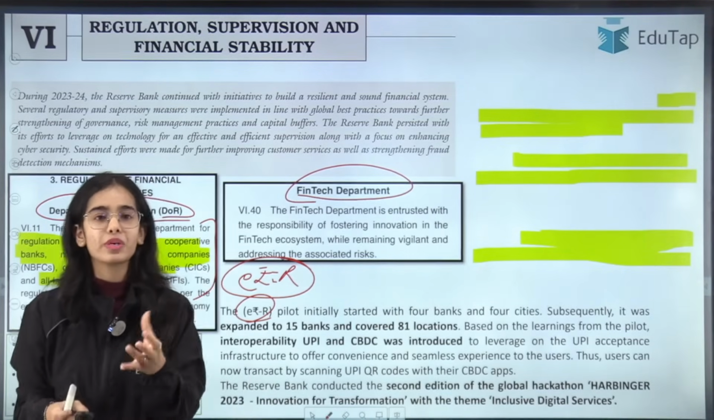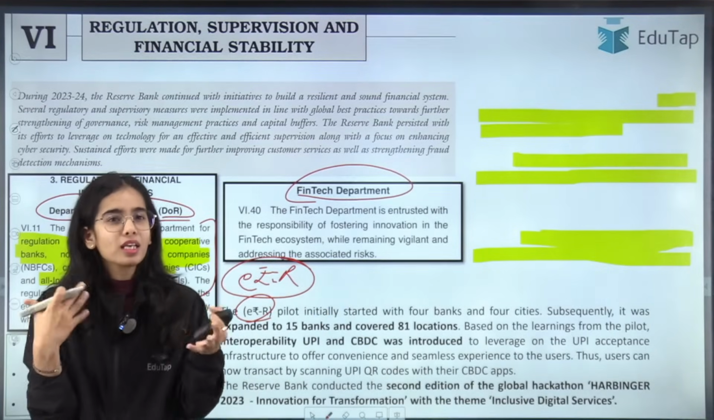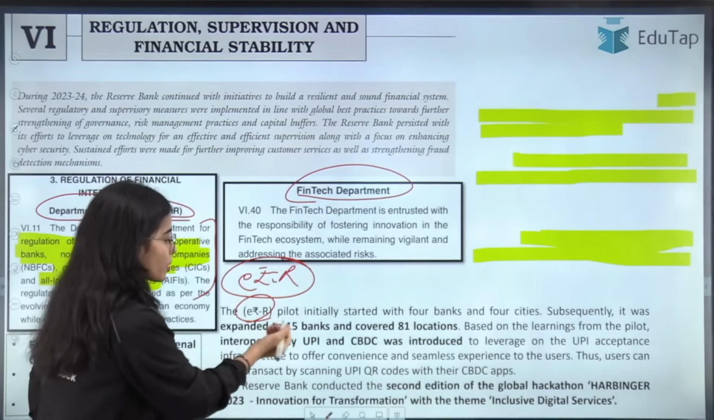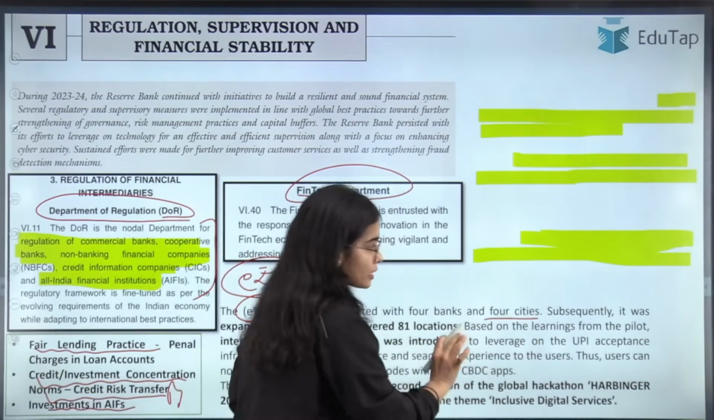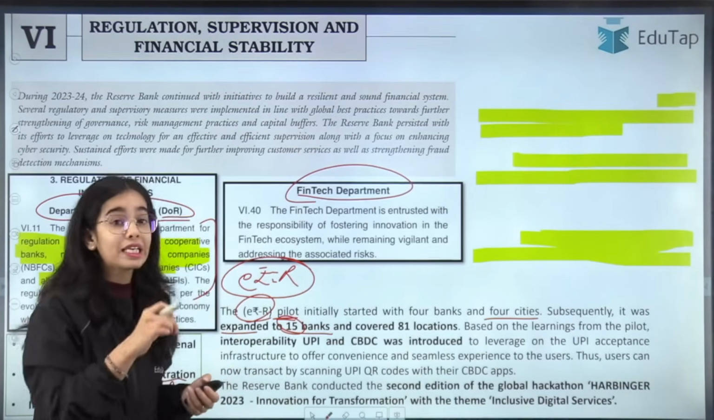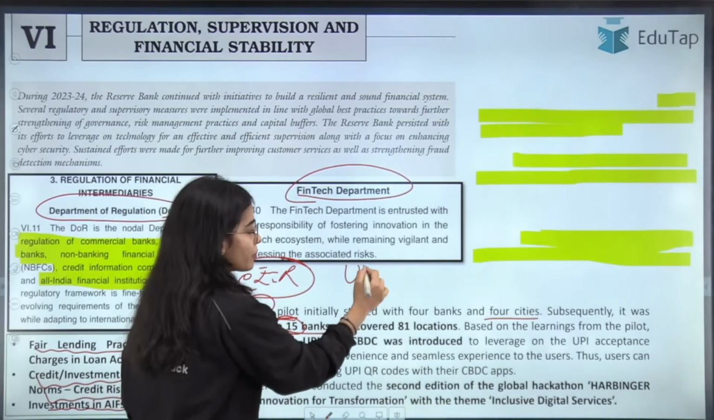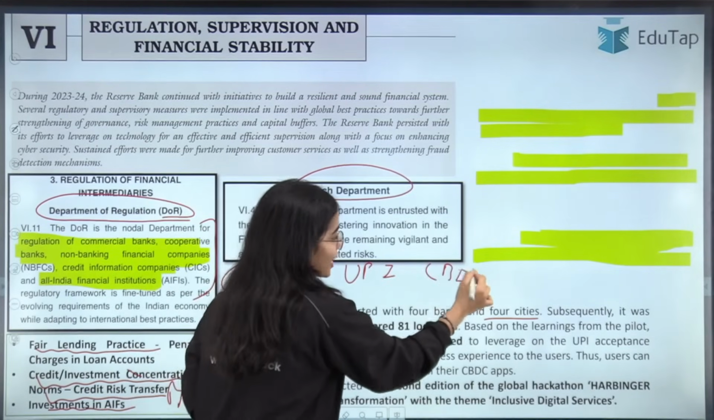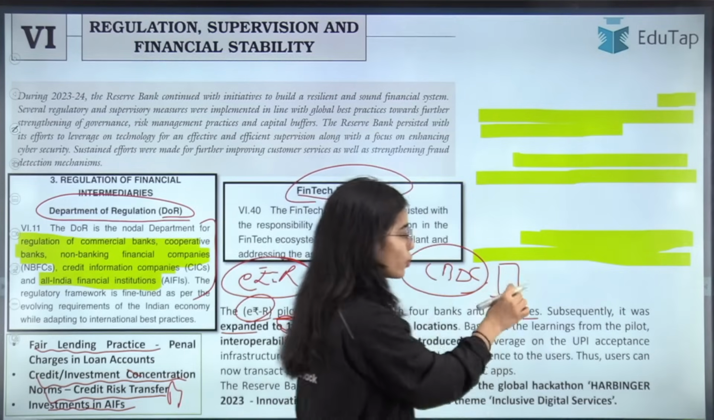So a pilot has been released in which some of the banks and some of the customers are checking how it works. The e-rupee pilot initially started with only 4 banks and 4 cities. Subsequently it was expanded to 15 banks and covered 81 locations, and now interoperability between UPI and the CBDC has been started, so that directly from the CBDC, directly from your bank,